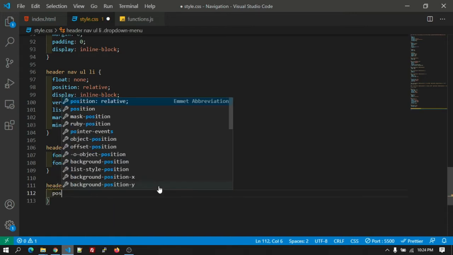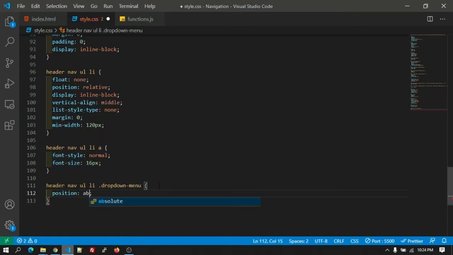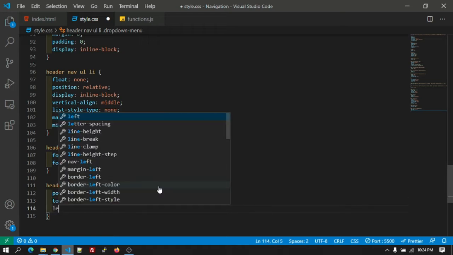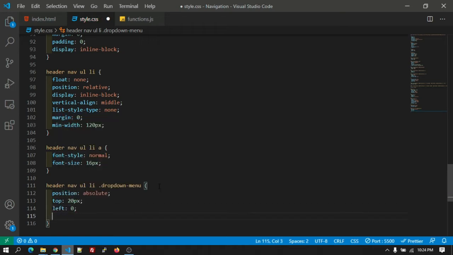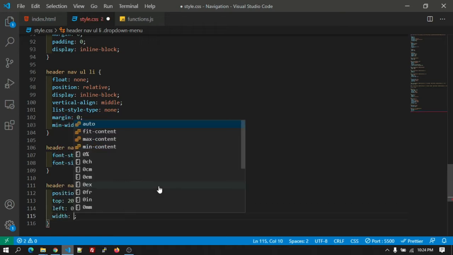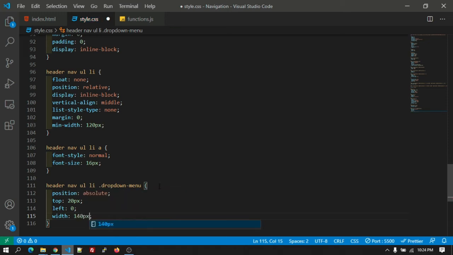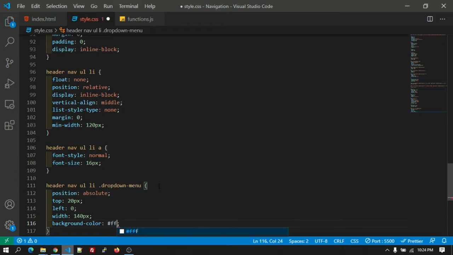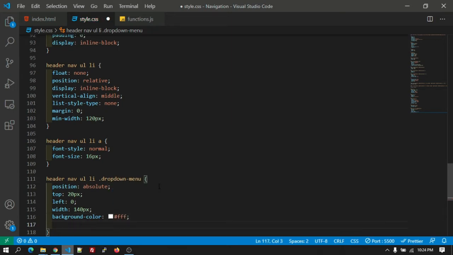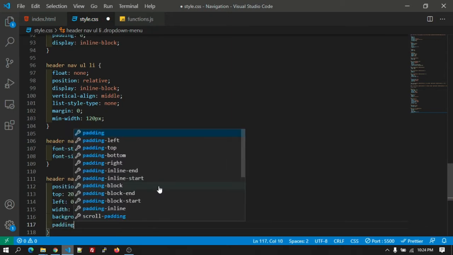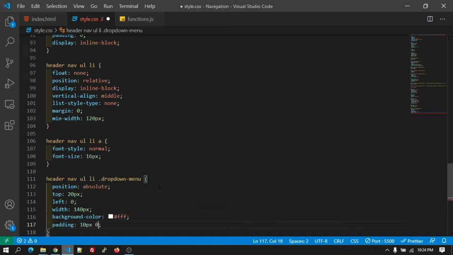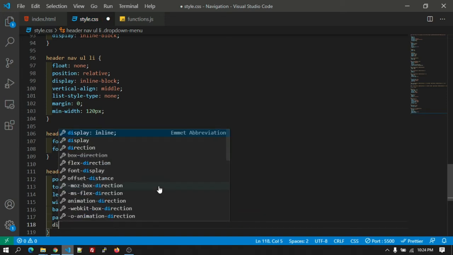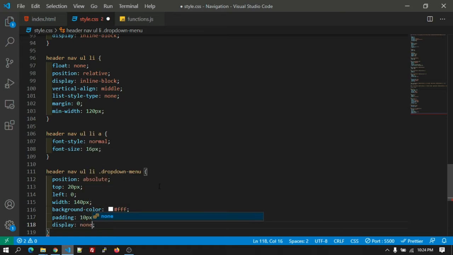Let's give the position as absolute, and the top 20 pixel, and the left 0. The width, let's say width as 140 pixel, and the background color will be white, and let's give the padding as 10 pixel and 0, and it will be display none.